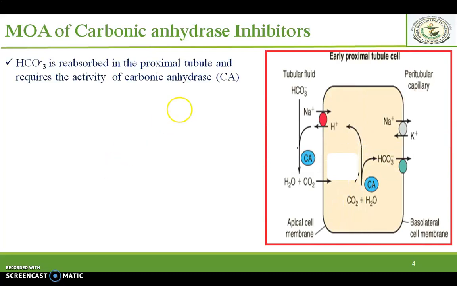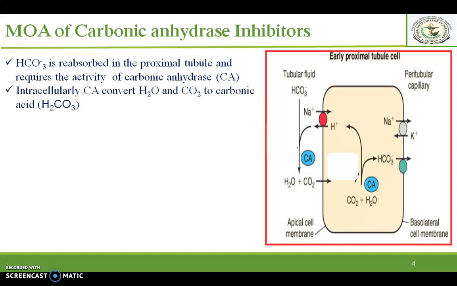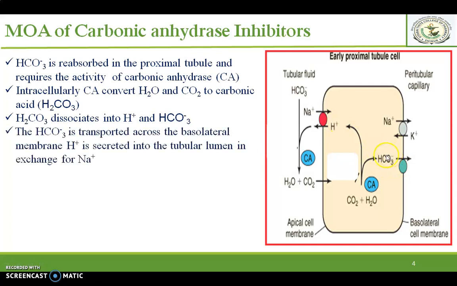Bicarbonate ion is reabsorbed in the proximal tubules and requires the activity of this carbonic anhydrase enzyme. Also, the carbonic anhydrase converts water and carbon dioxide to carbonic acid intracellularly. This carbonic acid dissociates into H plus and bicarbonate ions. The bicarbonate ions get transported across the basolateral membrane and H plus ions are secreted into the tubular lumen in exchange